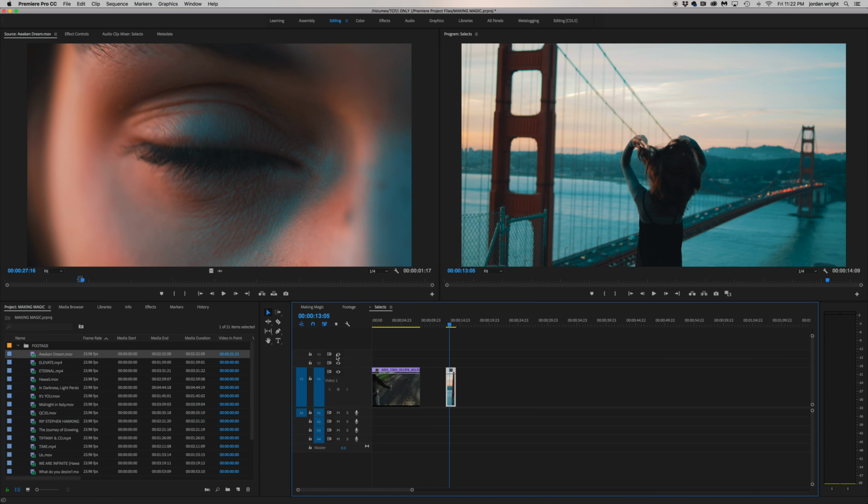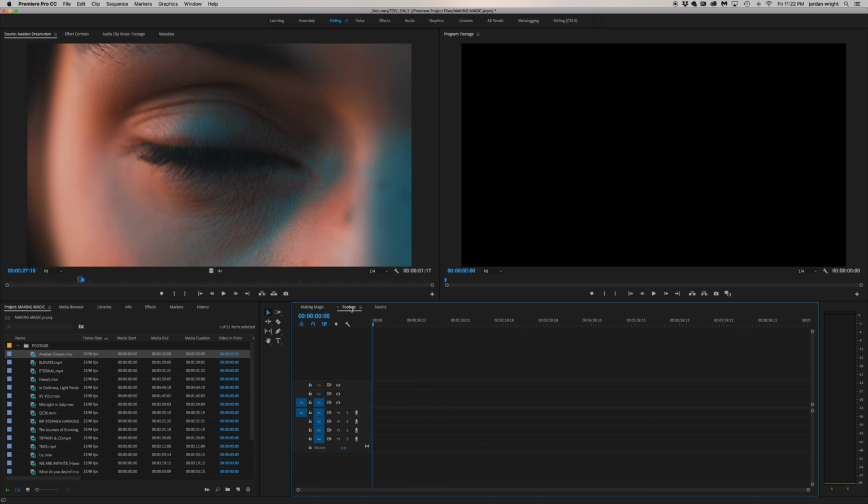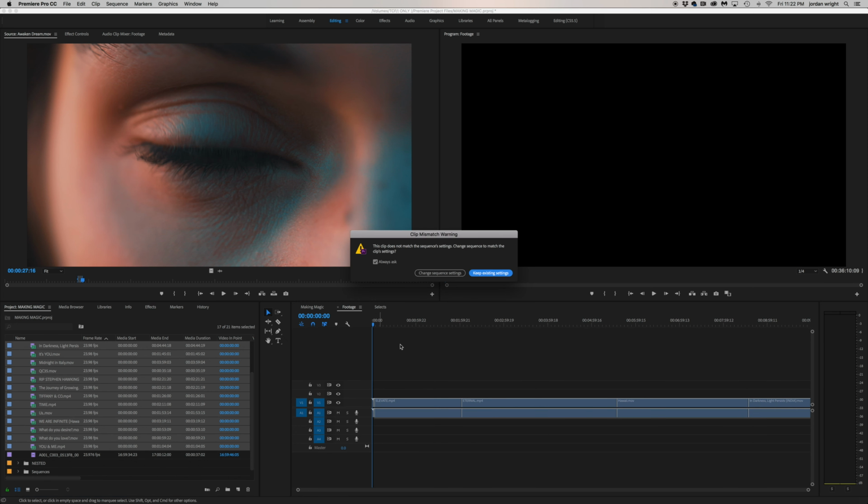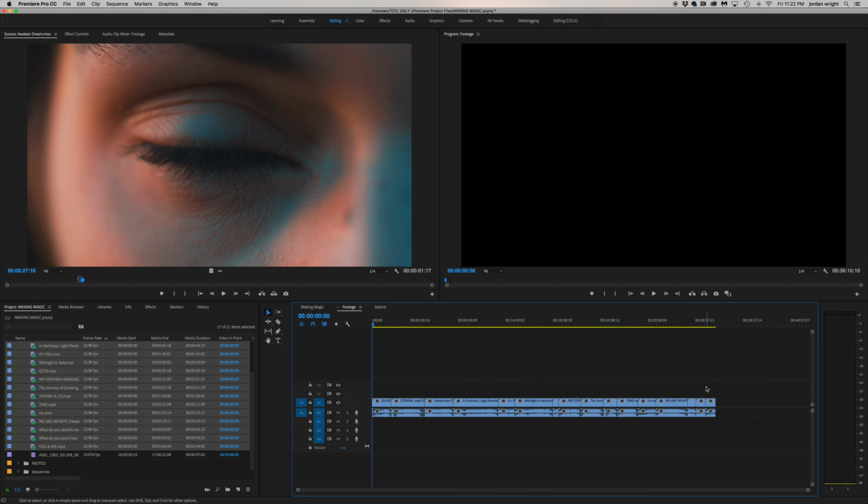Now there's two ways to go about organizing your footage. You could either just go to the Footage tab, select all of your clips, go ahead and drag it in, keep existing settings, go ahead and highlight everything, hit Command F. So if you go ahead on your keyboard and use the plus key, it'll zoom in, and the minus key will zoom out. So say you want to zoom in, drag V1 up so that way we can see the